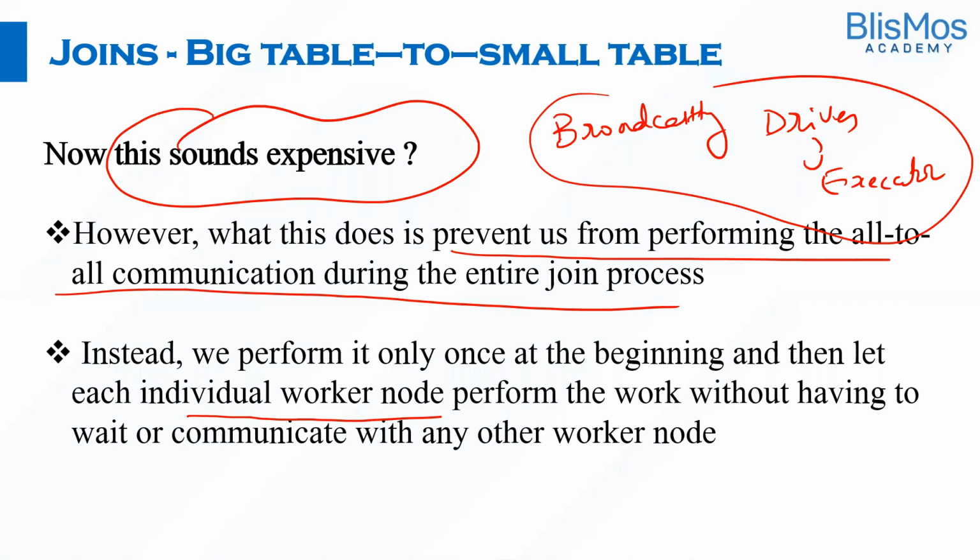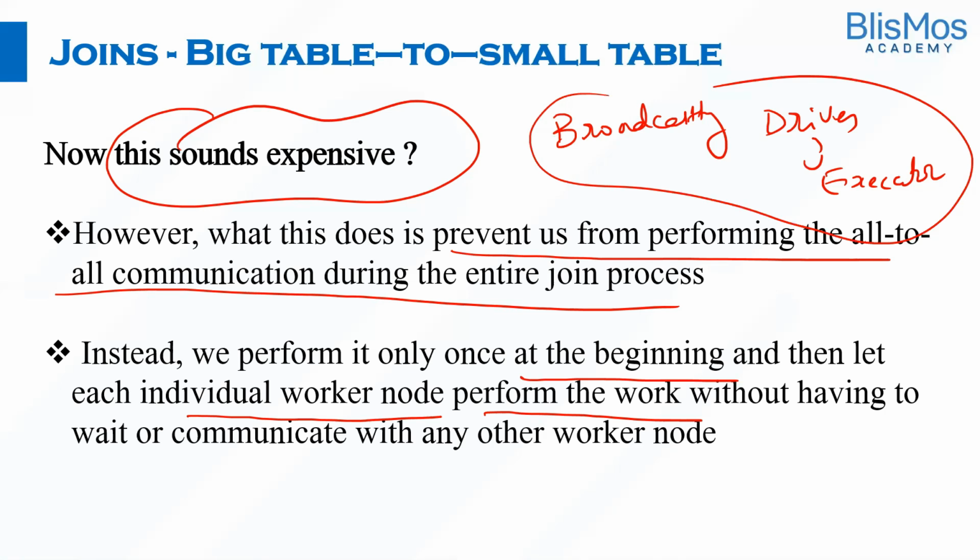So we perform this whole broadcasting only at the beginning, and once it is broadcasted, what is happening is, individual worker node is performing the join without having to wait or communicating with any other worker node. But in case of shuffle join, it has to wait, because the data is exchanging between the two different or